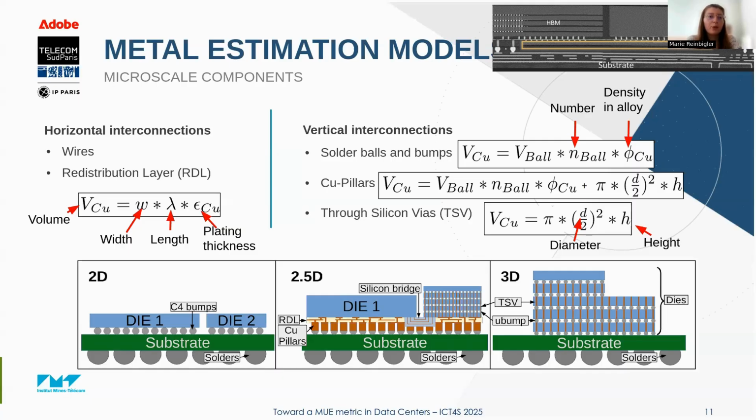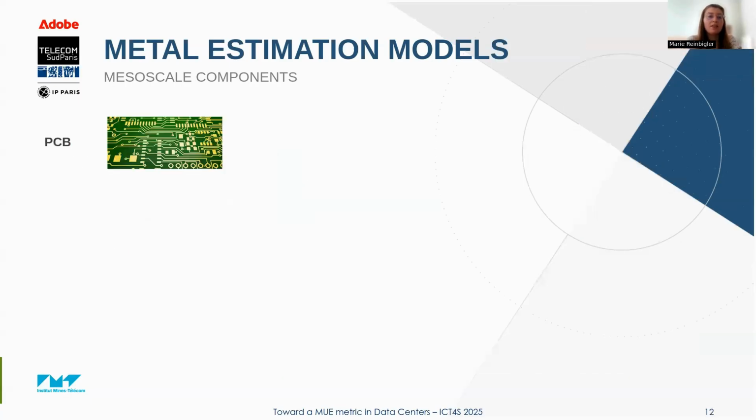So now that we know what is happening inside the chip, let's take a step further and consider what is happening at the scale of the package or inside the compute blade. So inside the compute blade, we have printed circuit boards. They are here to supply power or make interconnections among the different components. And so we can see a set of traces with a set of pads, which are usually made out of gold because we need high performance